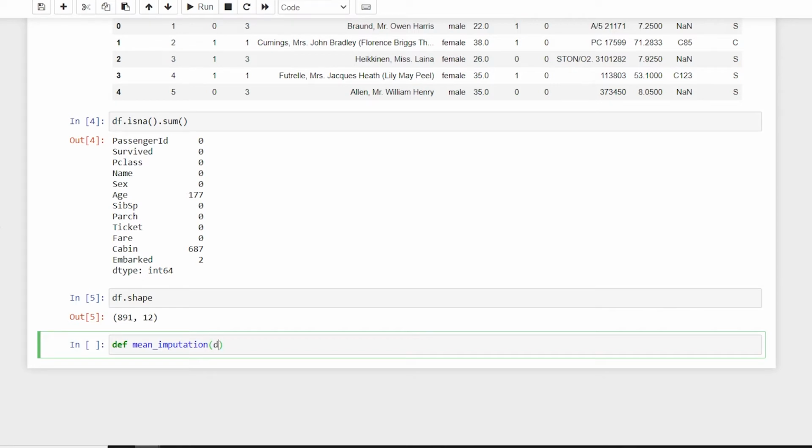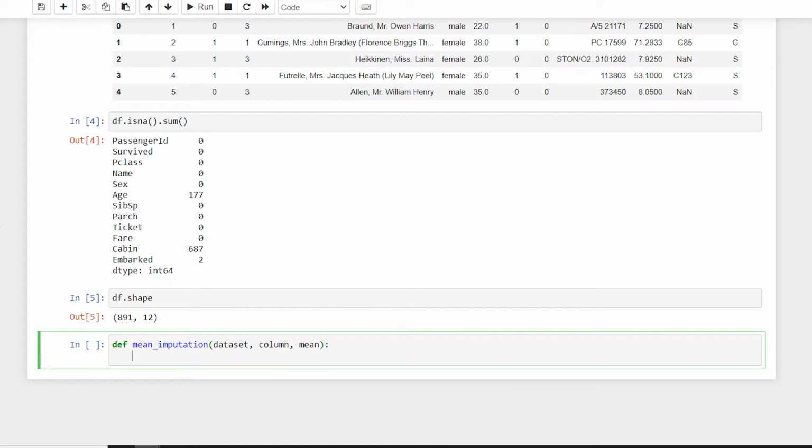Here I'll say dataset. After that, you can specify the name of the column, so we can say column over here, and then we are going to work with the mean or median. This one is mean, so I'll specify it in this function.